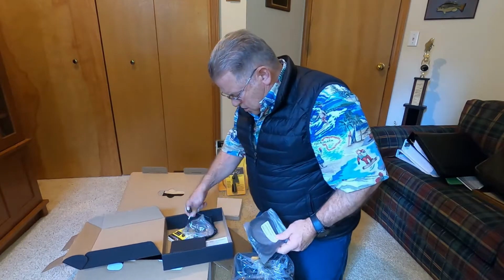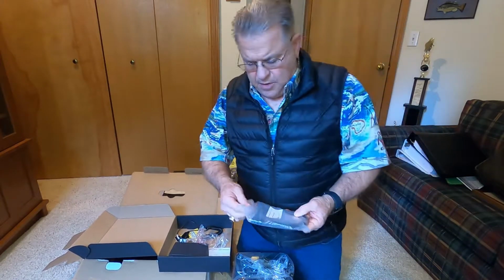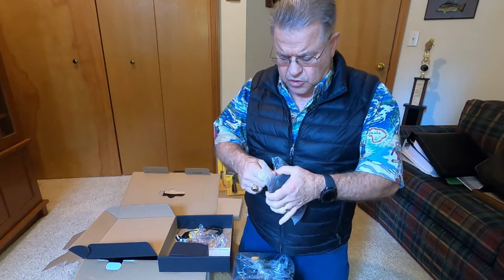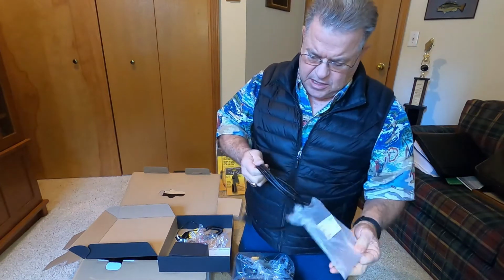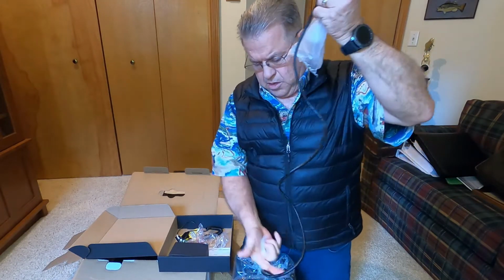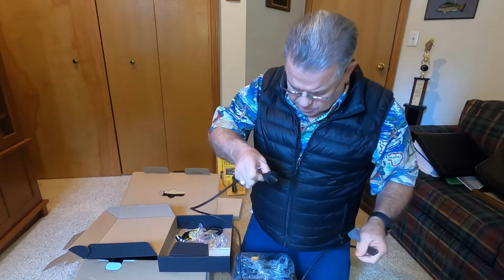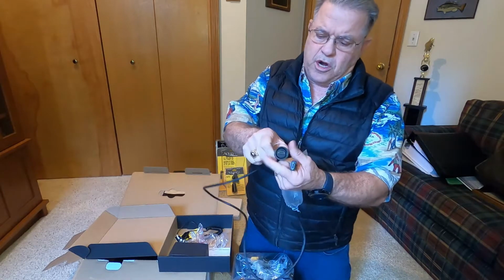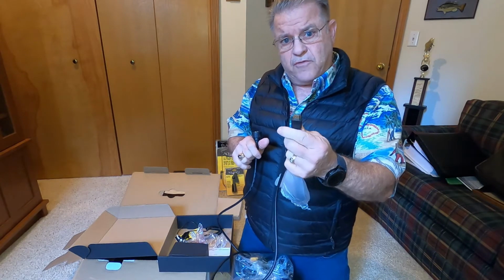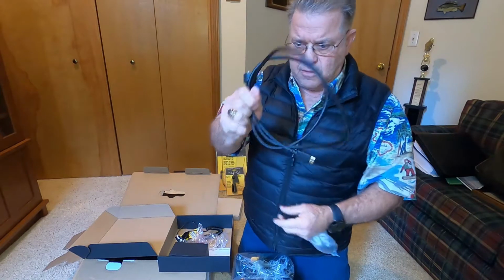And then last but not least, it also comes with a cable that will work great with the HDS 12, Live 12s, or the Live 16, because it has an HDMI out. This connects to the Aquaview unit with a waterproof connector, and then this HDMI plug plugs into the back of your HDS Live 12 or Live 16, which I run both of those on my boat. So it's nice, it comes with the cable,